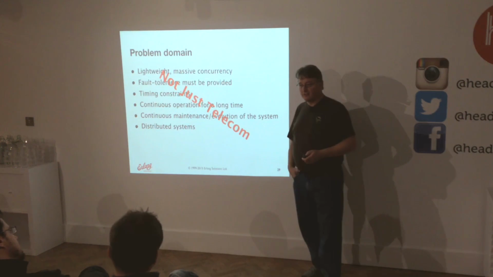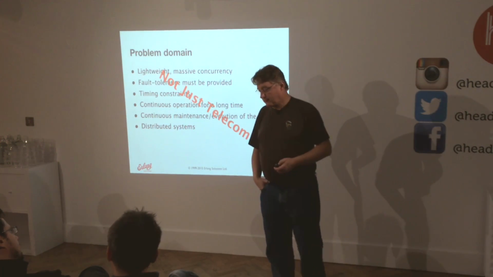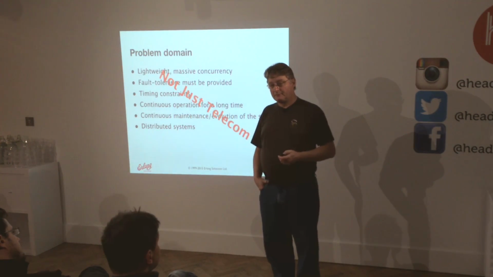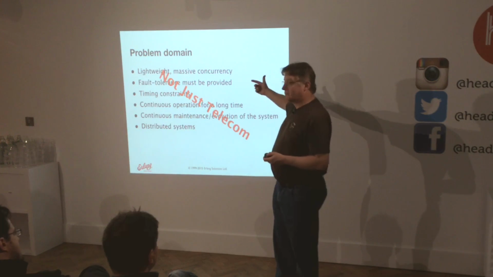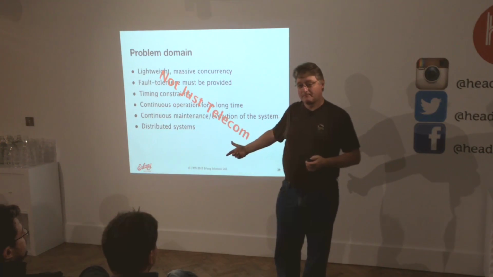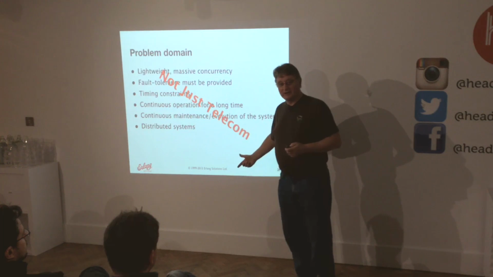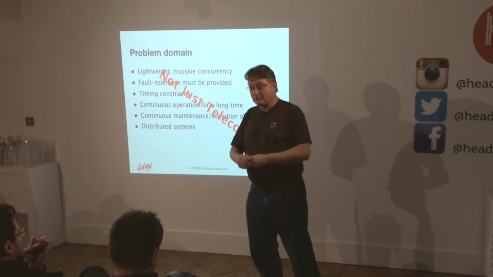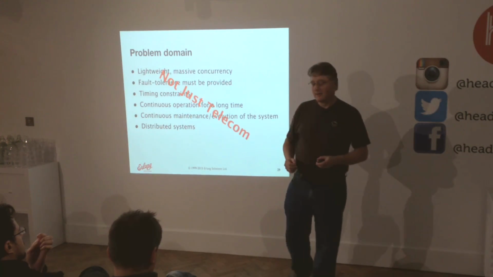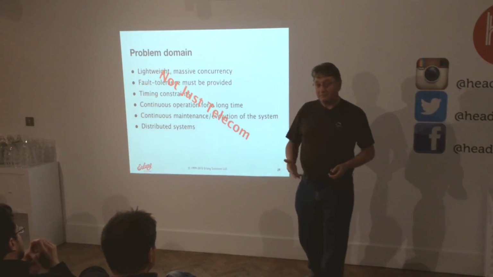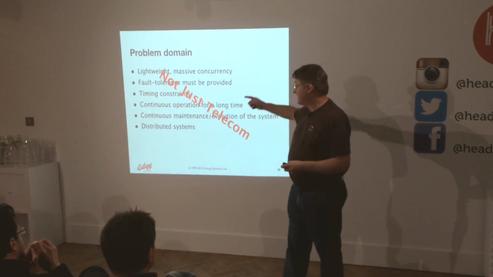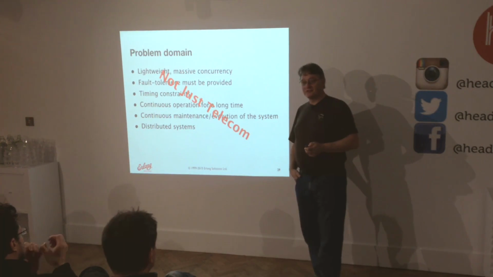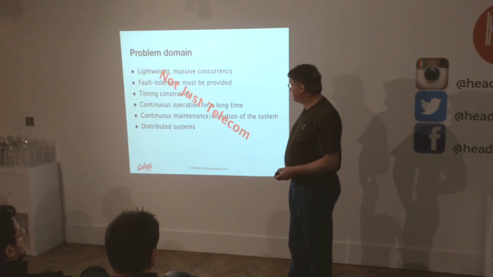I think why it's taken so long for Erlang to get used a lot, and this is purely my personal view, is that when people are designing systems, they don't always realize that they actually have these requirements. The classic case: you ask, what do they need? We need throughput. But you want to handle lots of things at the same time. Yes, of course we have to, but we need throughput. And the same thing with timing. Yes, we want low latency, but we need throughput. And after a while, you find out you want these things. You don't want your customers sitting waiting around for a long time, because then they'll go somewhere else.